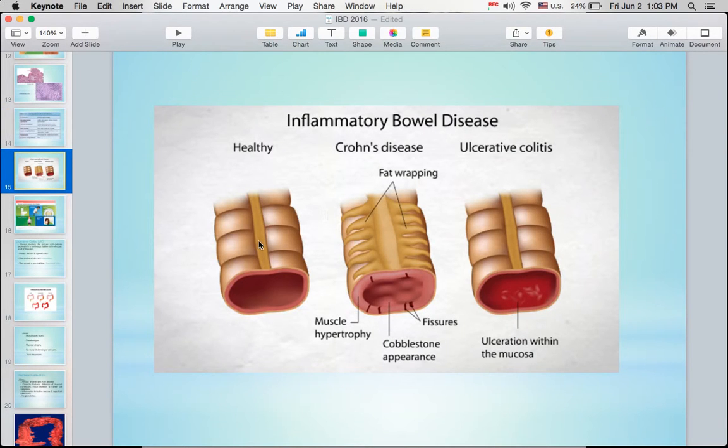This is how you compare a healthy one to Crohn's disease. We said C is going to be cobblestone, corticosteroids, as well as creeping fat, as well as fissures over here and muscle hypertrophy. And we're going to compare it to ulcerative colitis,